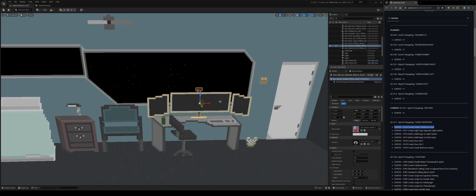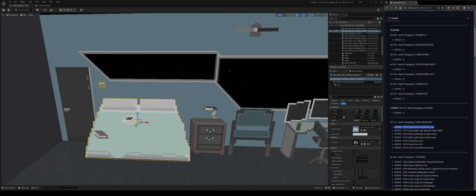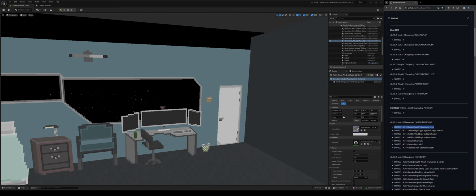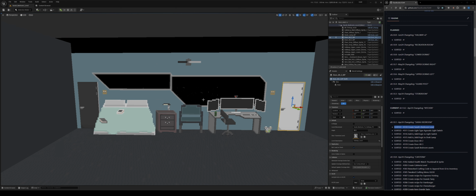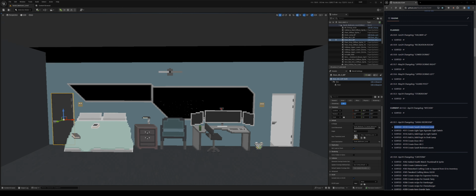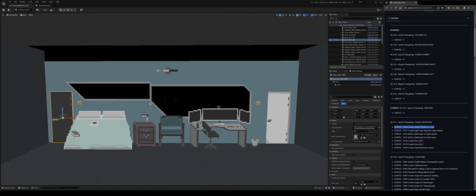I created a quick new monitor asset, a quick new bed thing, and finally used the books. I added a couple of extra things in, and just created two new doors. I've created a video that should be